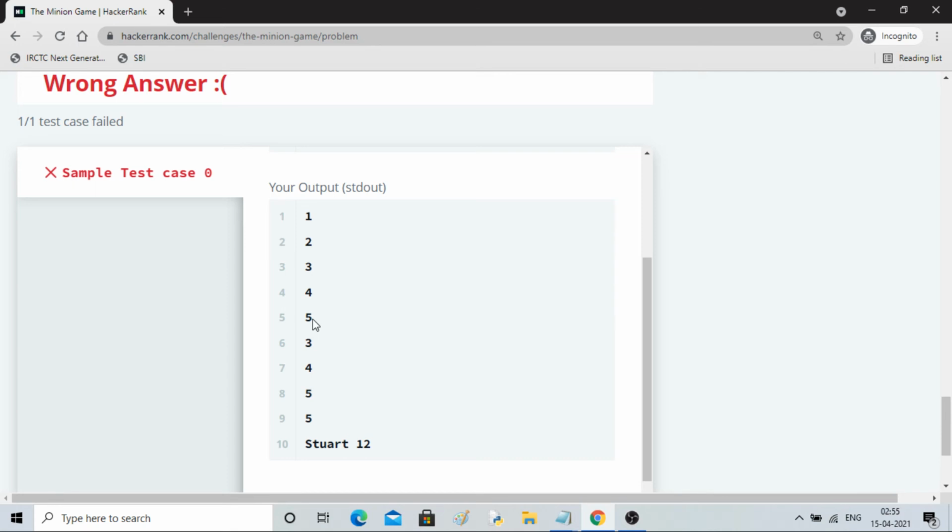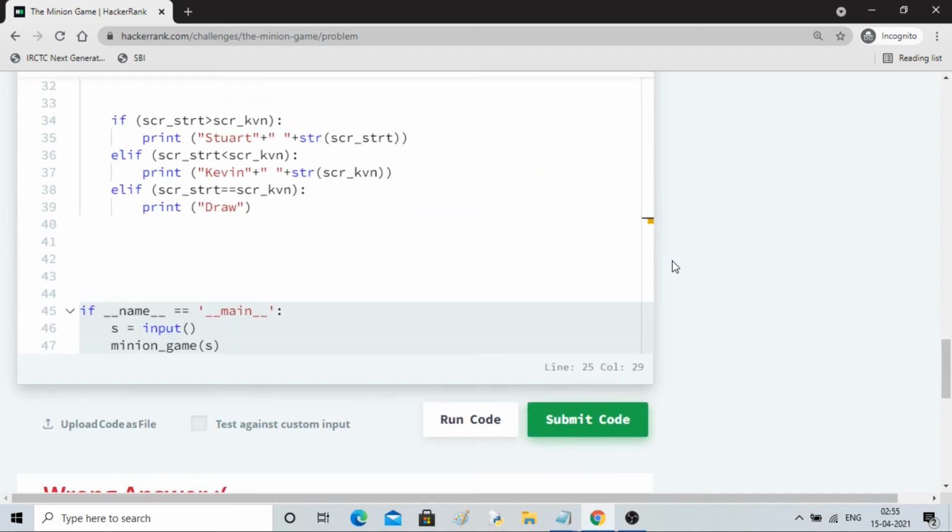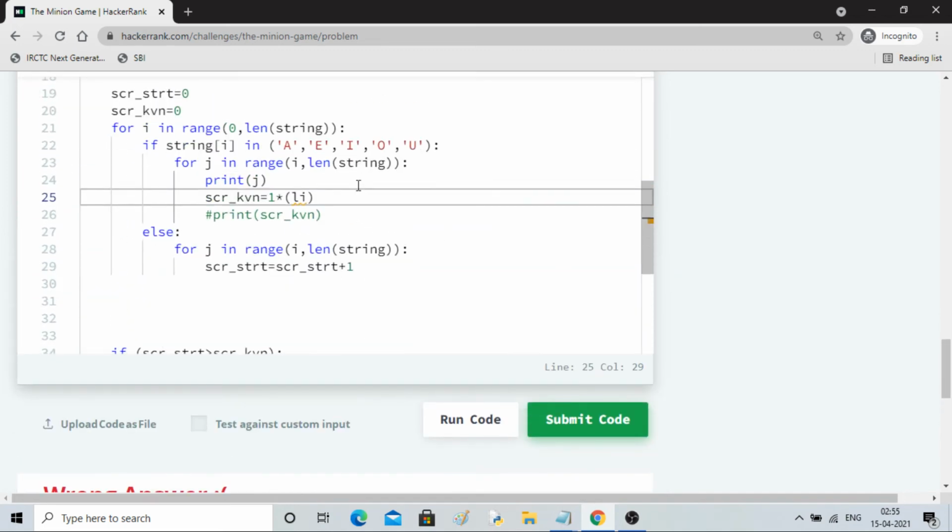Then 3 4 5 5 dependent upon I. Every time it is taking. So length, control z. So 6 7 8 9.